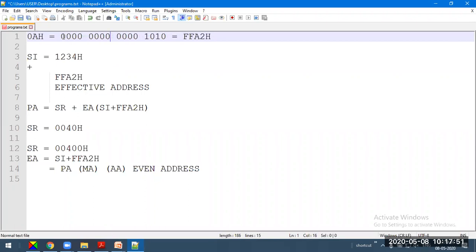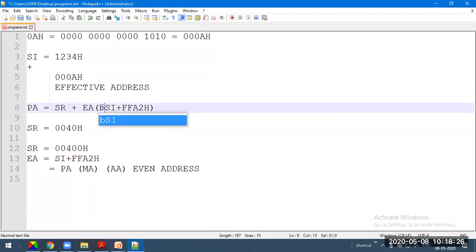So together, the total size of the data now is 16-bit, and its effective 16-bit data is 00 0AH. Now the offset address or the displacement is 000AH. So to the source index register, we will add 000AH, and that forms the effective address. But along with this, for the effective address, we also consider the BX register.